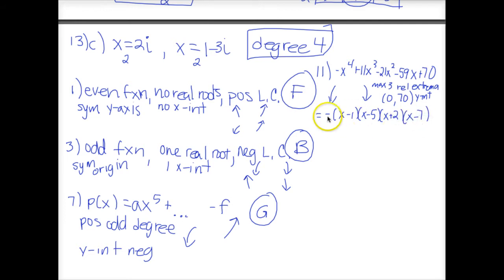So this tells you the x-intercepts, and that's what question 12 asks you. So I've already told you what the unfactored version tells you. The factored version tells you that your x-intercepts are at (1, 0), (5, 0), (-2, 0), and (7, 0). So 4 x-intercepts, which is the maximum. So then when I go to draw it,